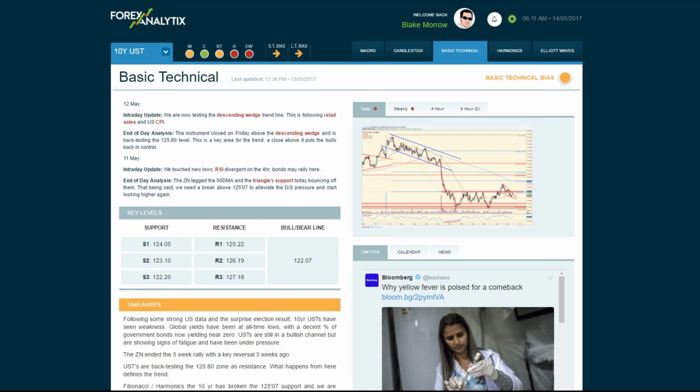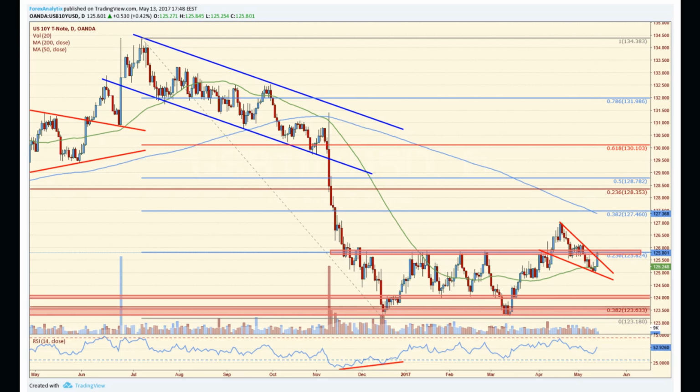But what's happening right now is you are seeing a little bit of a rally in the bond market. As the bond market is showing some signs of strength, that means that when bonds go up, yields come down, and when yields come down, the dollar overall tends to be a little softer. That means it tends to go down a little bit. We have a descending wedge in the 10-year bond market, and that descending wedge is actually breaking higher. That's a reversal pattern, which is telling us that if this bond market's getting stronger, the dollar may come under a little bit of pressure.